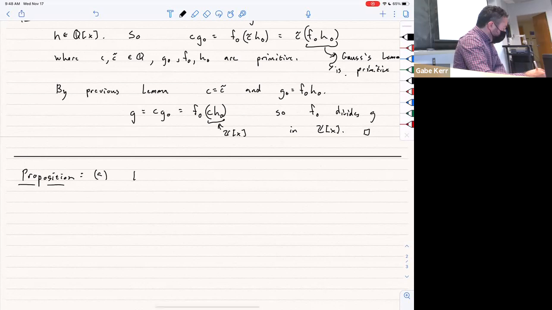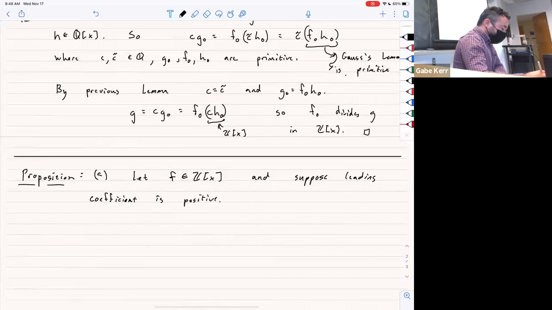Okay. So let F be an integer polynomial, and let's say the leading coefficient is positive. Then F is irreducible in Z[X] if and only if